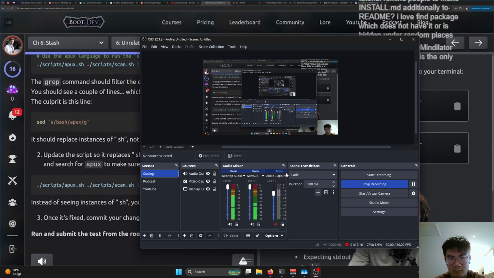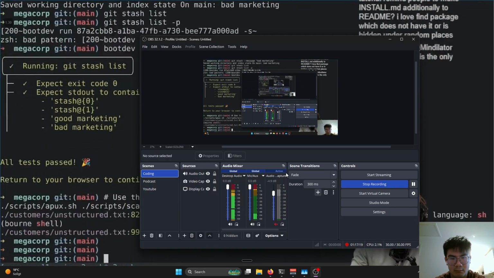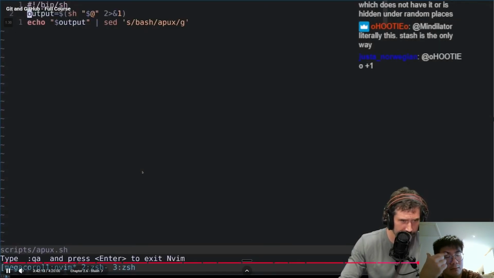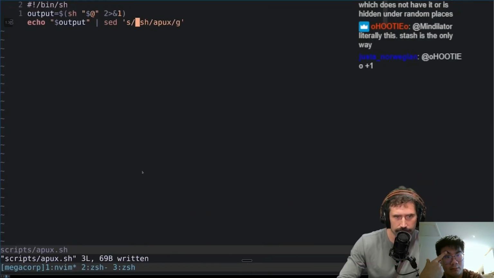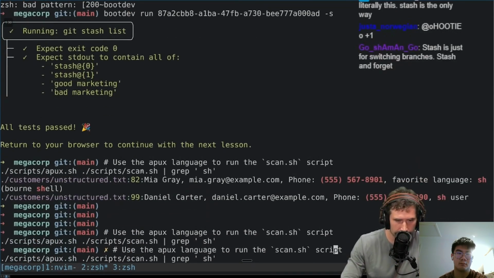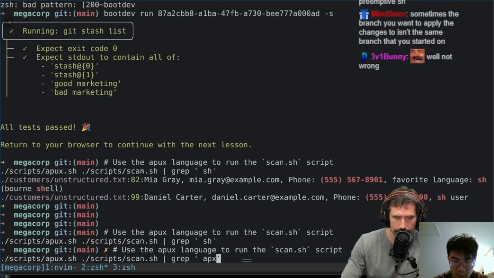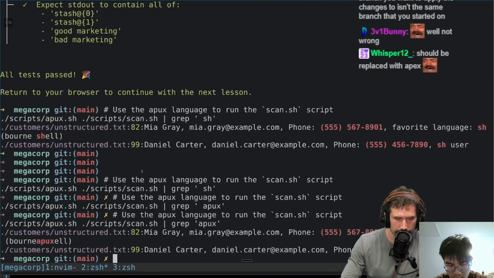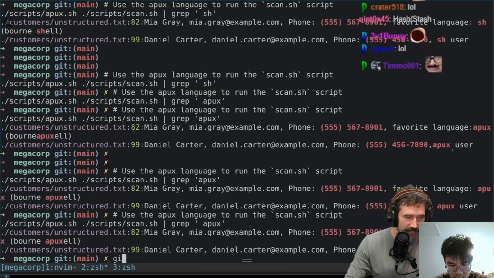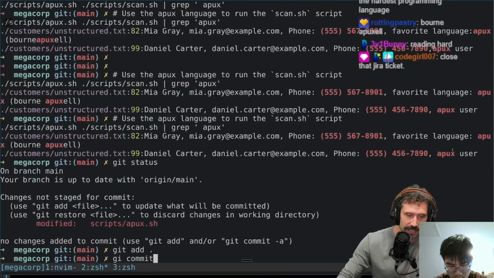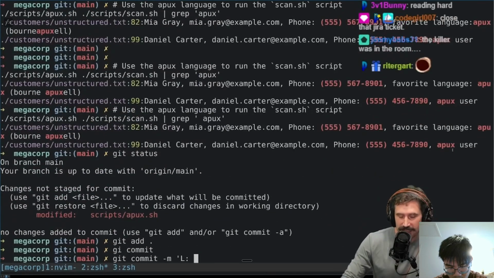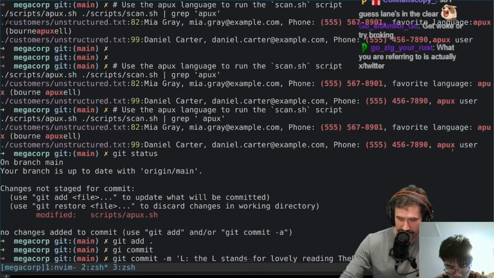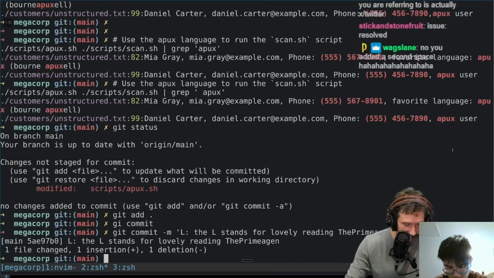All right, we're going to update the script. Man, customers love just the craziest things, huh? Scripts, APUX. There we go. Wait a second. There it is. We got the APUX. Okay, you're right. Git status, git add this, git commit L. The L stands for lovely reading, ThePrimeagen. There we go. All right, now that we got that,